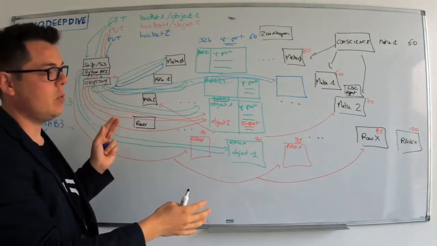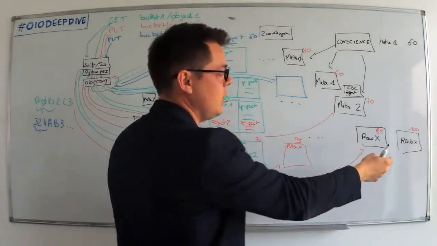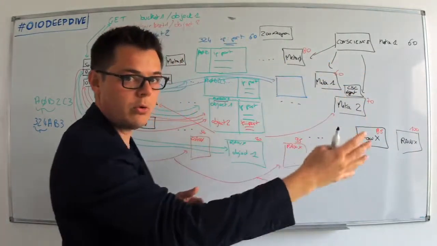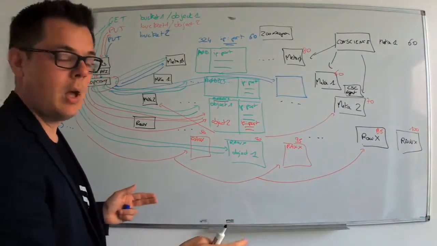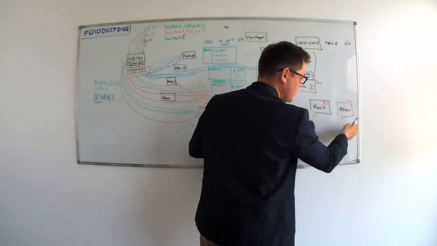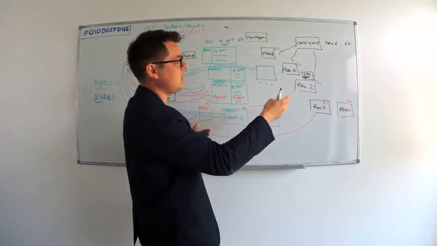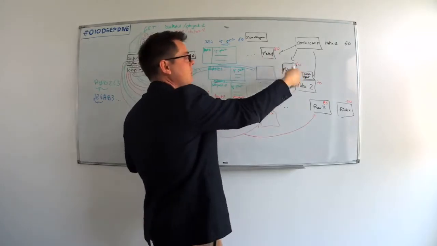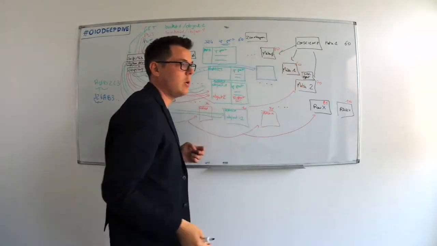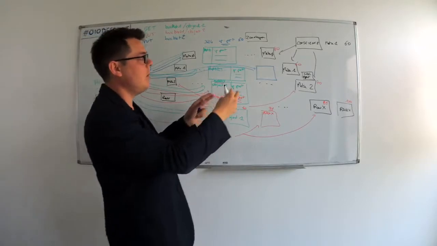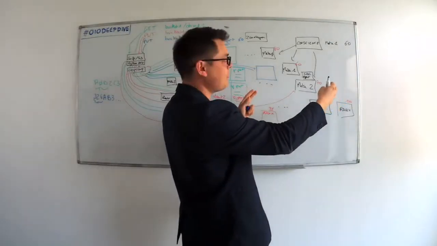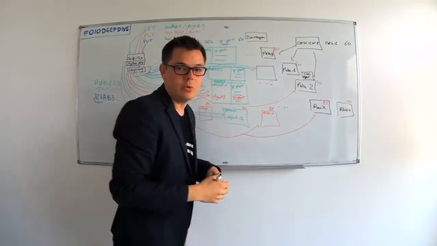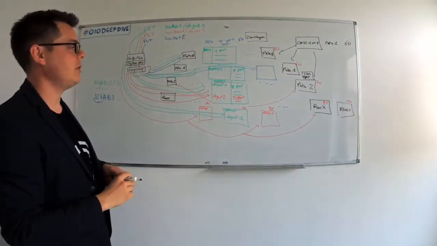What is good here is that when you scale the platform by adding new nodes, you will add new rawx services, new Meta 2 services, new Meta 1 services, and new Meta 0 services, of course, with this new node. So when you scale the platform, not only do you scale your capacity to store new data, but also your capacity to create new entries in your table of indirection, what we call the directory. Meta 0, Meta 1, Meta 2, we call it directory. So you have more choices to put new entries in your directory.